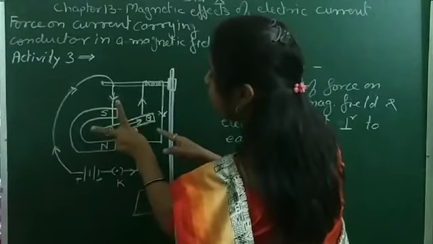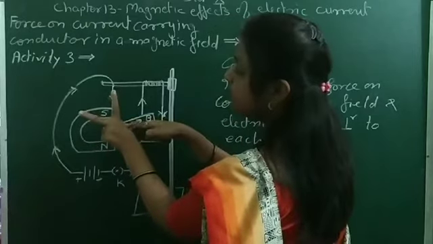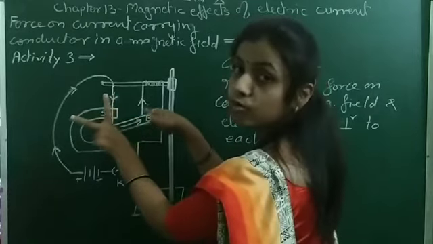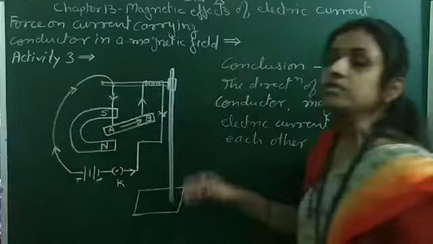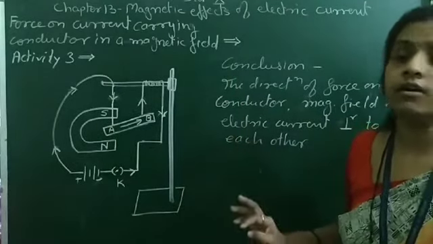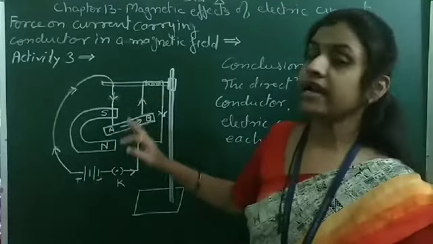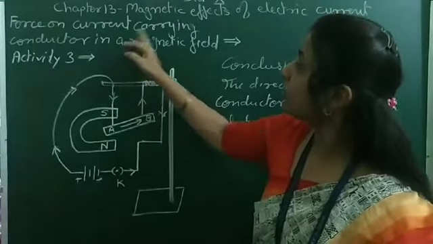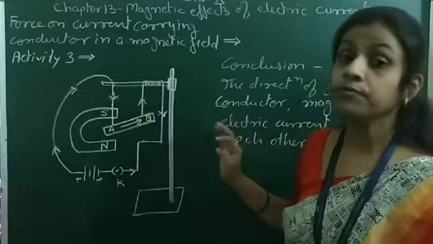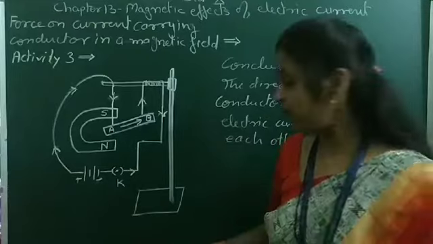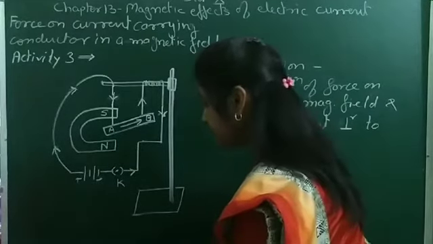If it is moved from A to B, then the direction of the current gets changed and it moves towards right. So this is the Fleming left hand rule. So this activity, that is force on current carrying conductor in a magnetic field, gives Fleming left hand rule, and we will see,